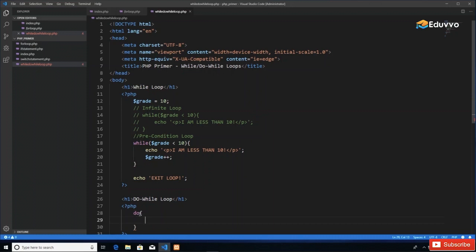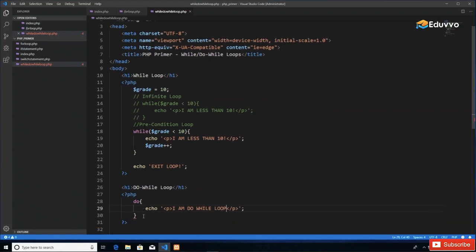So we say do, open curly brace, and then we put in any action. So I'm just going to print here, and I'm going to say I am do while loop, just so we know exactly what's being printed. All right, so I am do while loop, but you see that there's a little red squiggly line under this